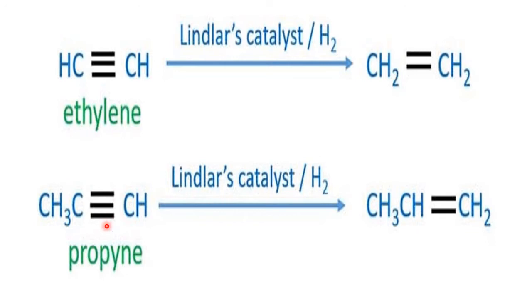Right. Now, this is propyne. Again, in the presence of Lindlar catalyst, add 1 mole of H2. One H on this carbon, other H on this carbon. Earlier it was CH3C, now after adding one hydrogen here, CH3CH, then here one more H, CH2. So, CH3CH=CH2. That is propene. So, in this way, we prepare alkenes from the alkynes.